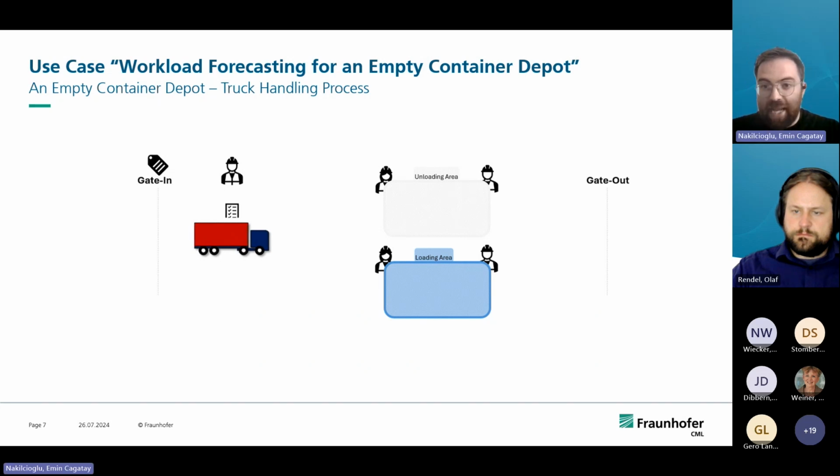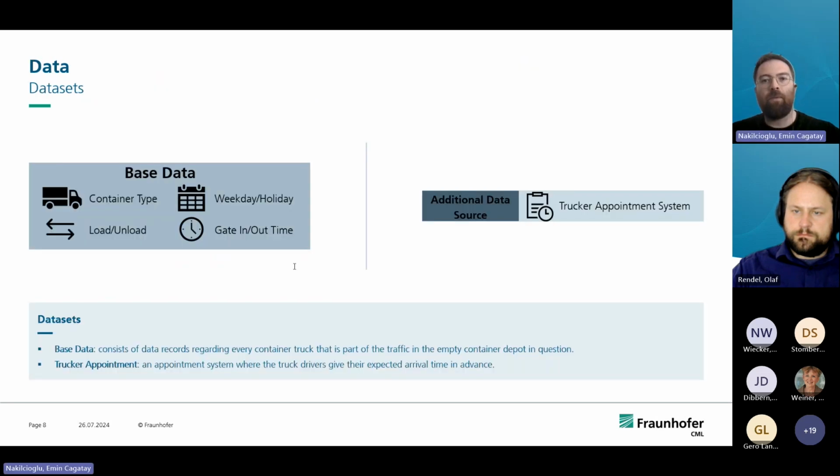So, speaking of data sets. Our main data set consists of container type, which day the truck arrived at the gate, whether the truck is here to unload or load, and also the gate in and gate out tags. But in the case of Workload, we also obtained another data type from the HCS depot, which is